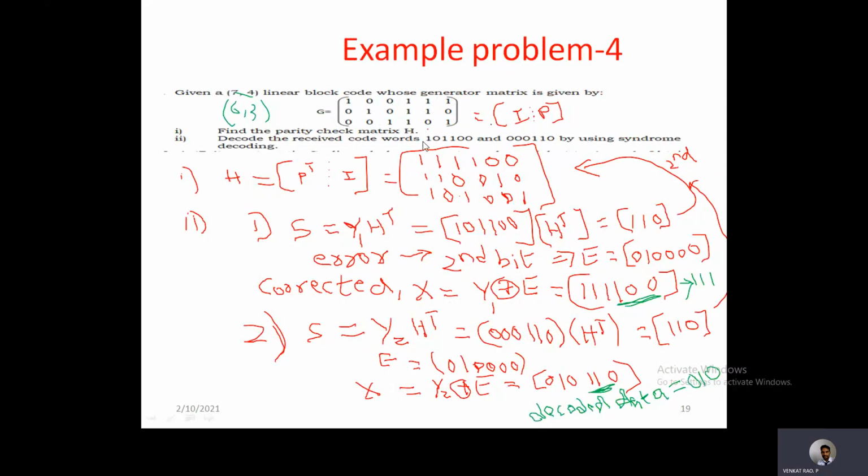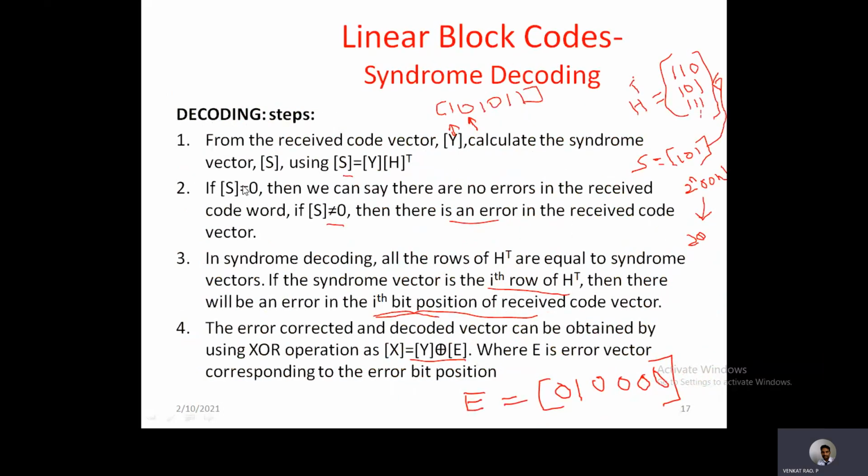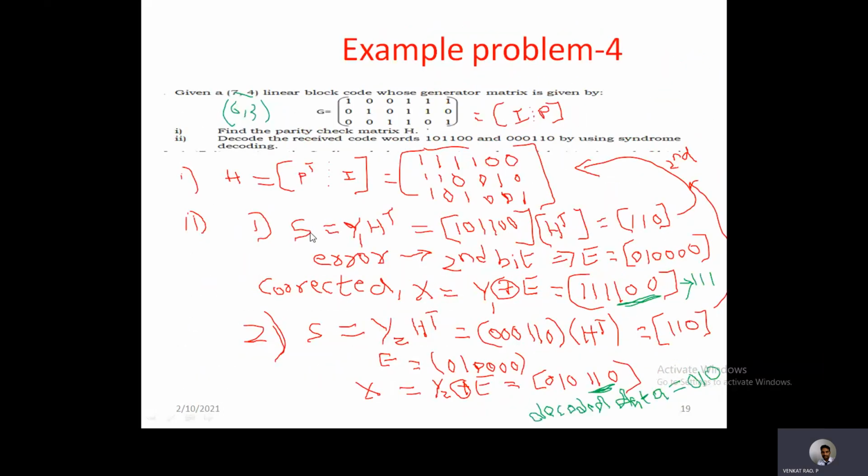Next, how to decode these code words by using syndrome decoding. The first step is to find the syndrome vector. That is S is equal to Y into H transpose. Let this be Y1 and this be Y2. First we'll do it for Y1. Y into H transpose: this is Y and this is H transpose. If it is H, we need to transpose it here as H transpose, so that after multiplying these 2 matrices as we did previously, the result is 1, 1, 0.